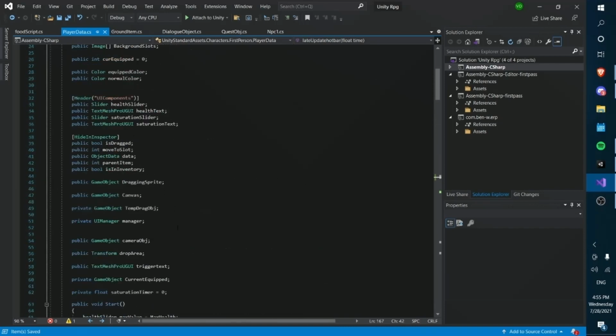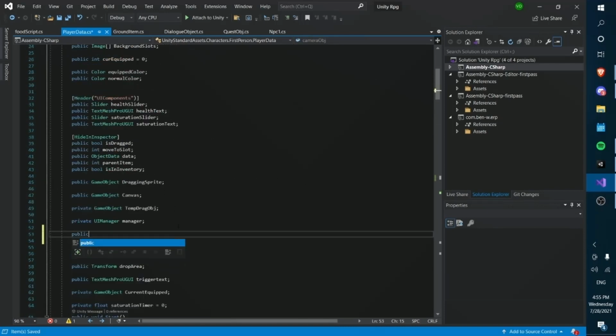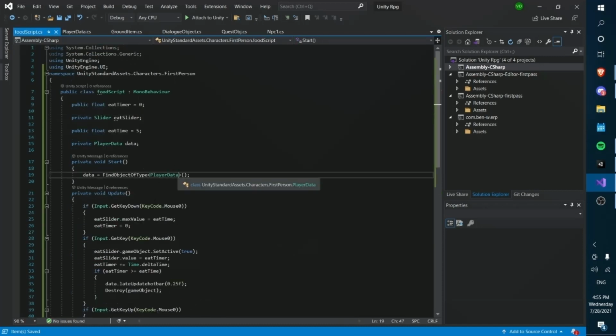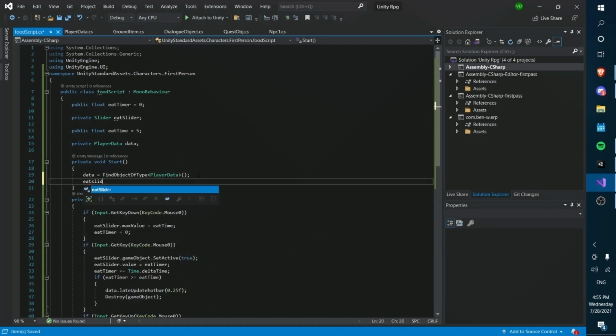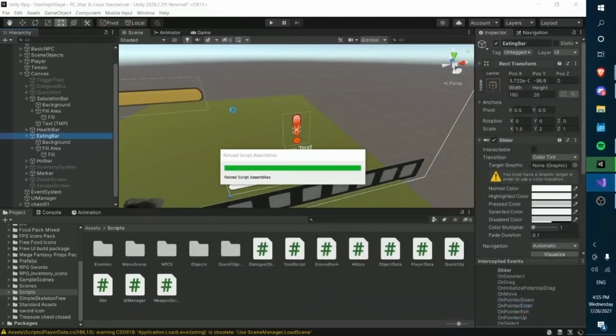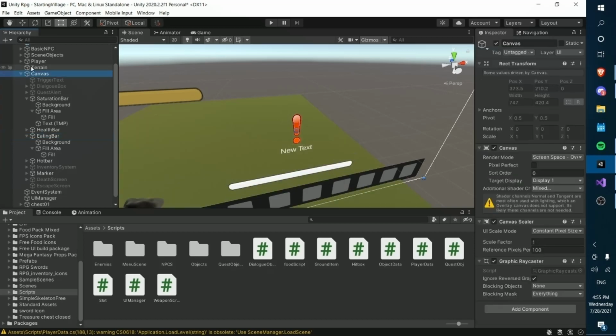So we can say public Slider eatSlider, and then we can say here that eatSlider is going to be equal to data.eatSlider. So now we can go back into Unity, let that compile,